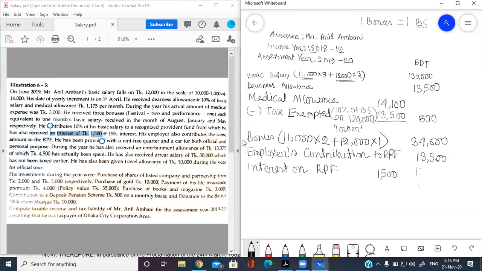So we know that there is a facility for tax exemption from interest on recognized provident fund in the way that 14.5% or